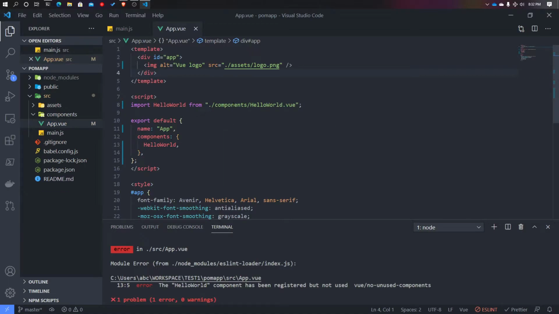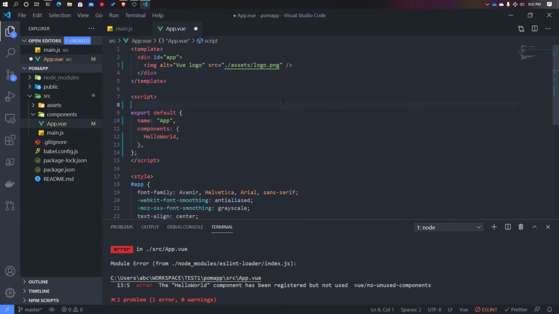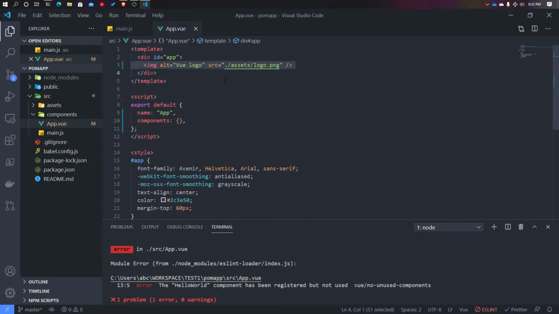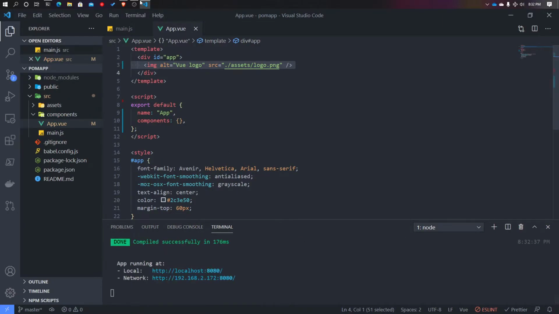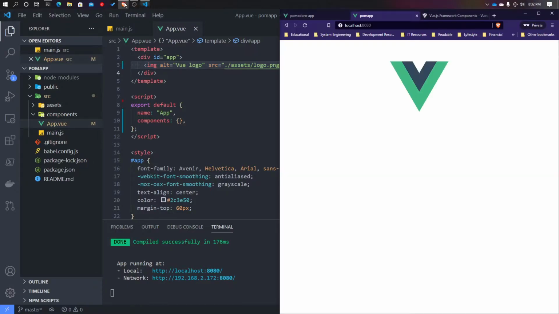Yep, and we want to delete this. We want to remove it from here and remove it from the components as well. We're not going to use this, and we should be fine. Okay, cool. All right, so now I'm going to go back to my Vue component, and all I have is